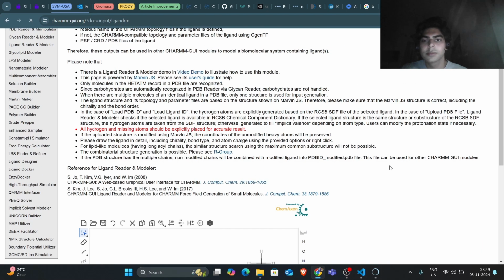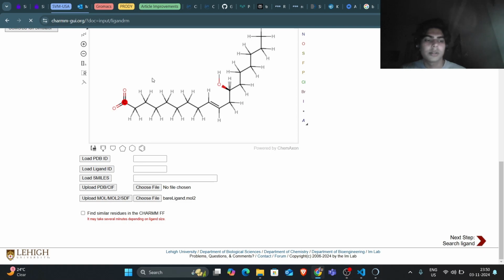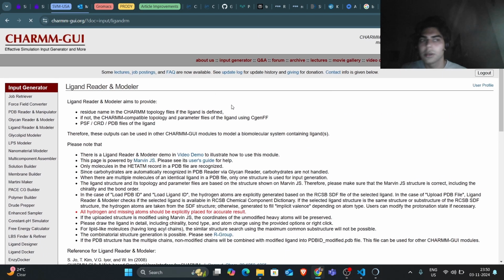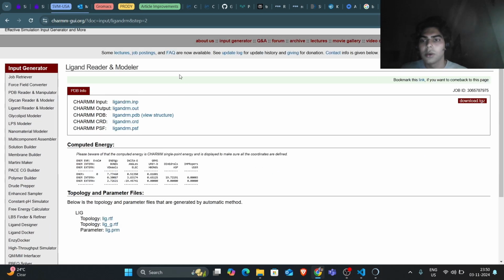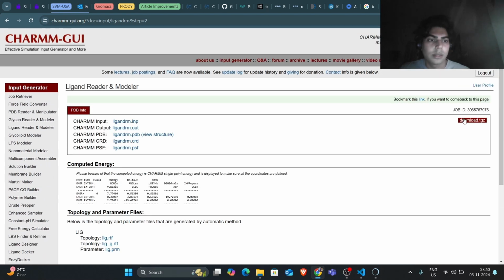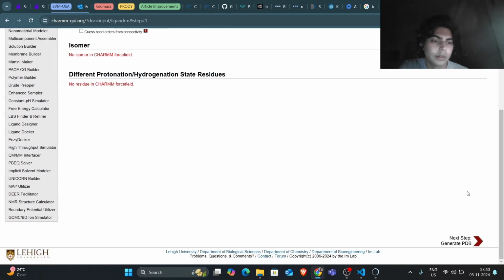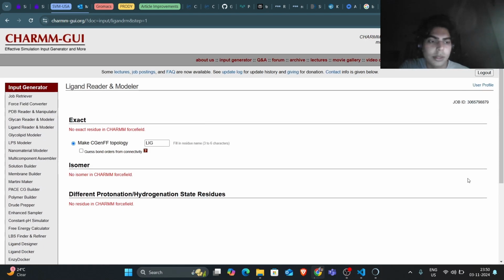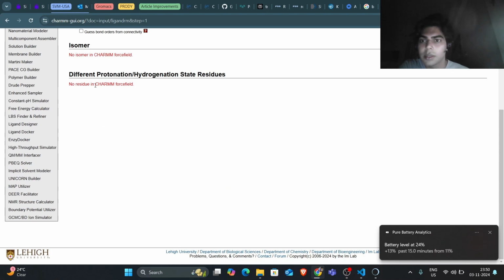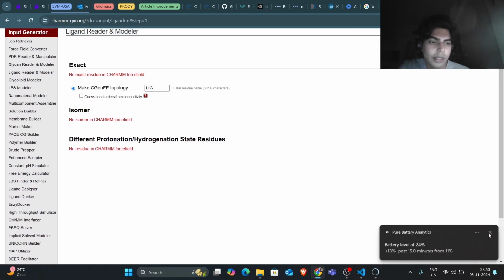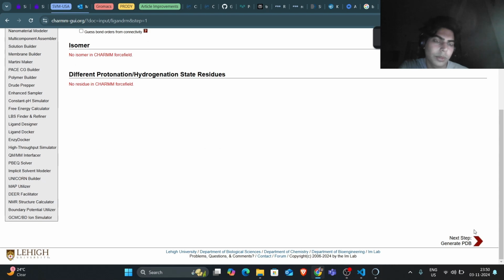Okay, looks like a glitch to me. Let me just reload it. Or is it working? Okay, we got our ligand topology files and the parameter files. We'll just download them. Okay, we have the result, not the results. In the other tab, we got the incorrect, or you can say,